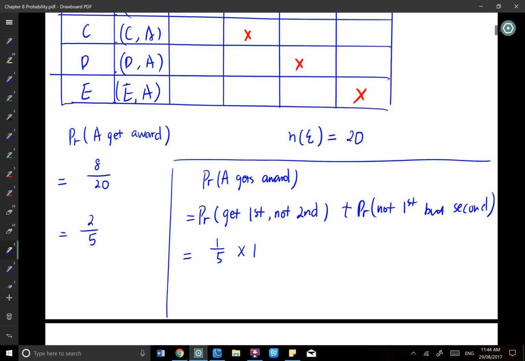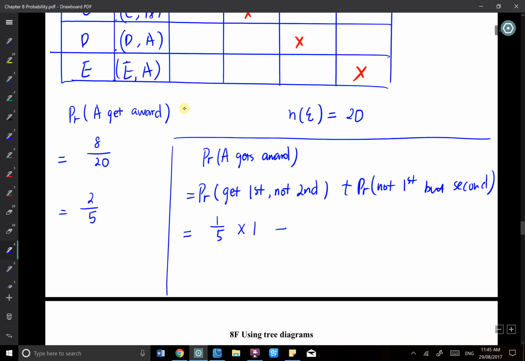So it's getting the first one intersect not getting the second one. Getting the first one is 1 on 5 because there are 5 people in a room and I select one to put outside the door. You won't get picked another time, so that's definitely 1 for not getting the second. So it's 1 on 5 times 1, plus